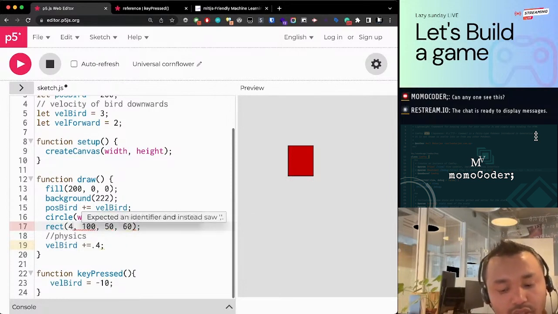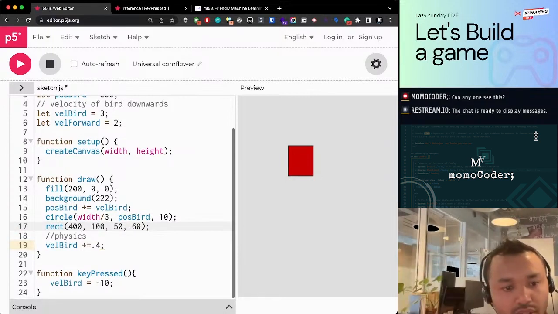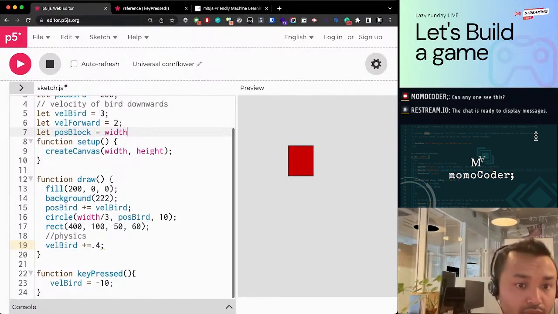We need to start it with 400, right? Because it's on the right, and then it will move towards the left at the rate of that forward velocity. And for that, let's position of block something. Pose block equals we start with width, so all the way on the right,